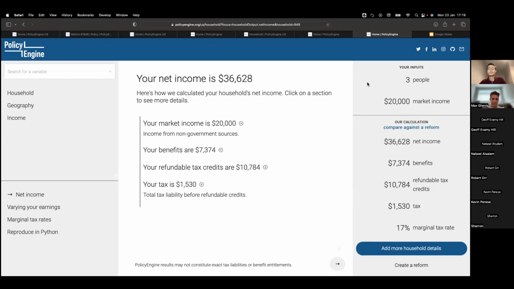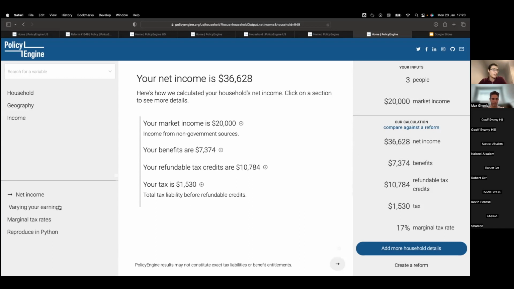So we've got various top level outputs: your market income plus benefits plus refundable tax credits, subtract taxes is your net income. And that's what we're focused on here. We've also got some other interesting things on the side, like your marginal tax rates.